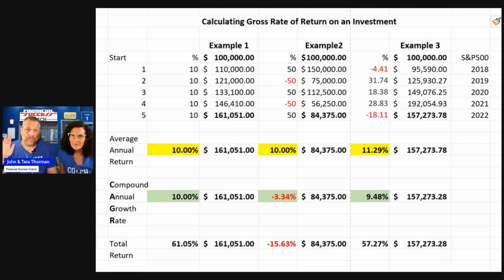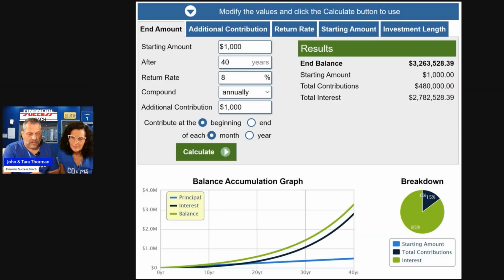But what's going to be promoted, what's going to be sold to you is this great 11.29% rate of return, and it's fake. It's just not even real. Okay? So this is a problem because if you base your financial game plan, your investment strategy, around earning 11% a year, you're going to lose. You're going to be disappointed. You're not going to win your money game. Right? Let's take a look at this next example.